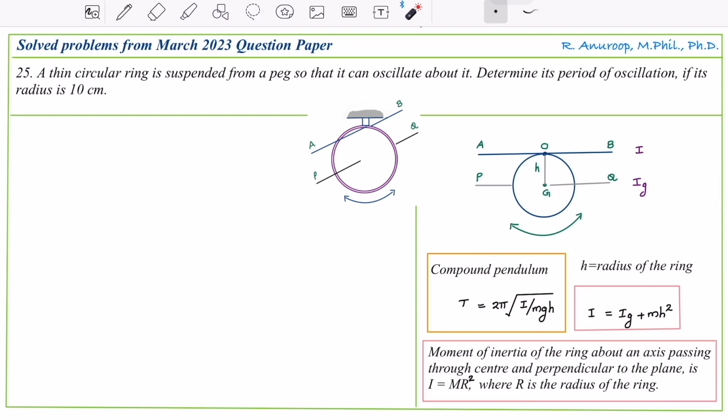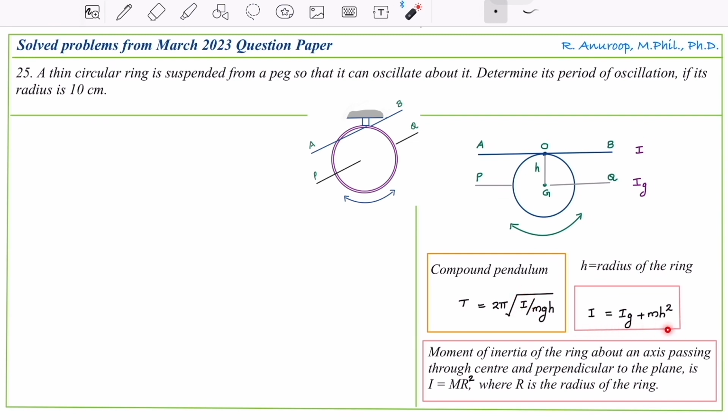The diagram shows a thin circular ring which is suspended. The direction of oscillation is also shown. This is the ring, and O is the center of suspension, and AB is the axis that is passing through O. This ring oscillates about this point O. So this is an example of a compound pendulum with a time period T is equal to 2 pi into root of I by mgh,